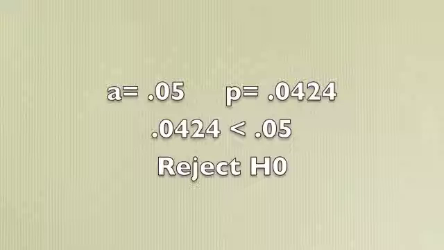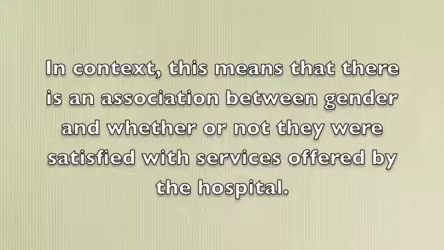Since the p-value is less than the alpha value, 0.0424 is less than 0.05, we reject the null hypothesis. In context, this means that there is an association between gender and whether or not they were satisfied with services